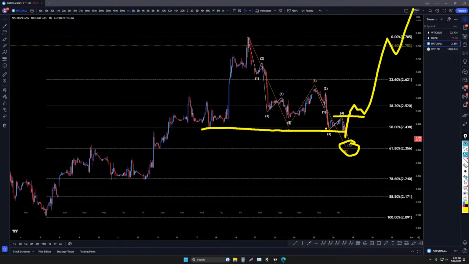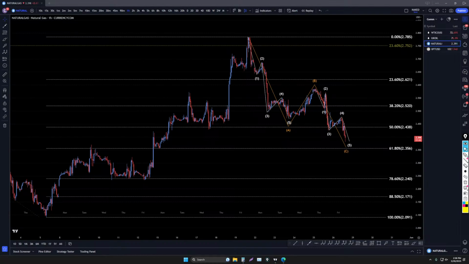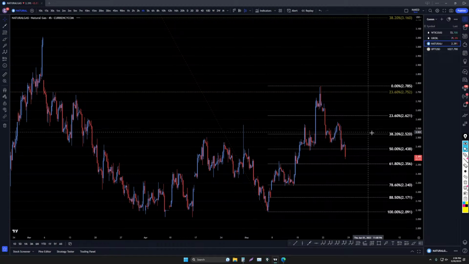But unless it does that within the next hour or two, I would say that the trend has probably turned down, and it may just even keep on going down. Unfortunately, this may not be right. And like I said, I was wondering about this also as an alternative count.